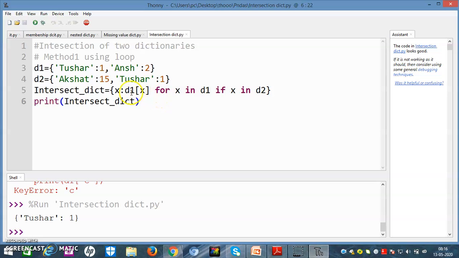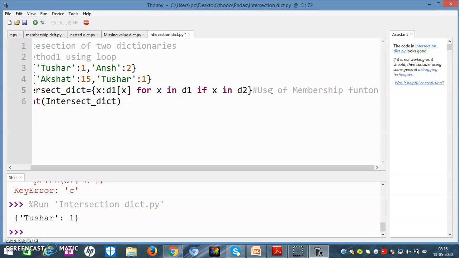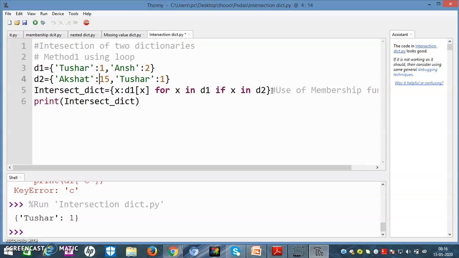Now what we have done, we have picked an element. For that, one by one we will check the first key-value pair, then the second. Now if the value of x is 1, we will check if this exists in D2. Now here we use the membership operator, right? If it is there, then it can be given the values. If it is not there, then it will not give the values.